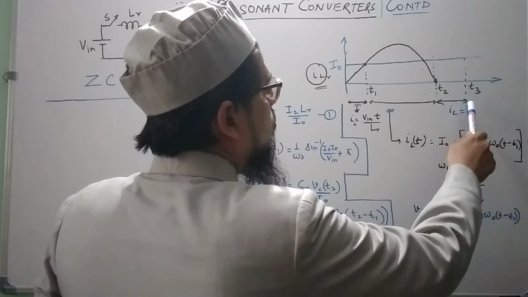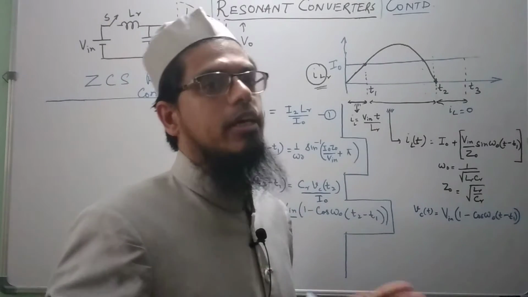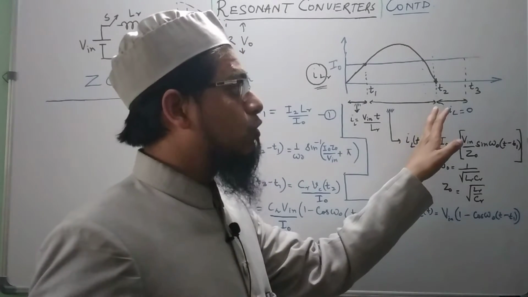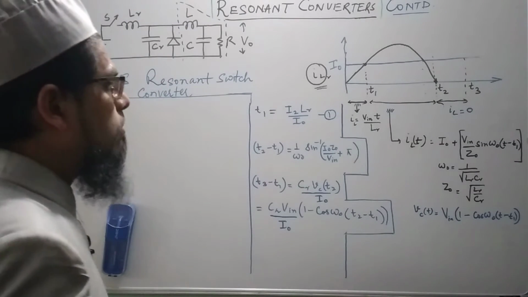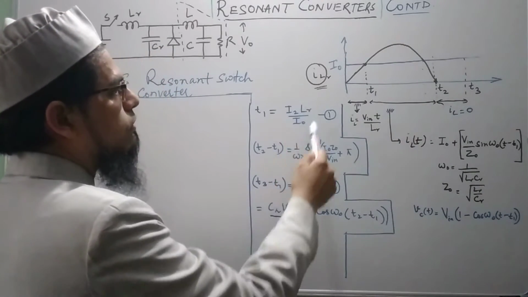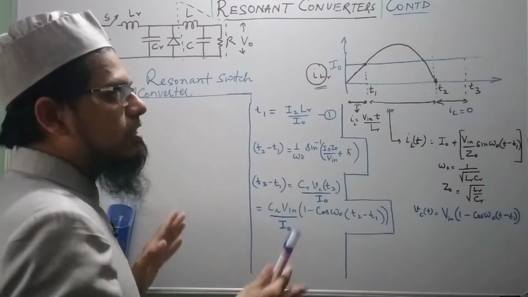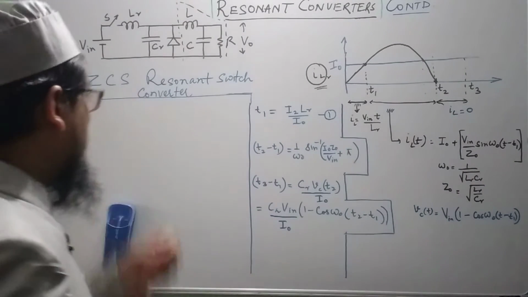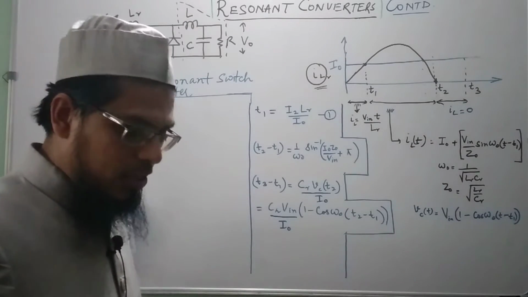And in the mode from T2 to T3, which is the third mode, there is no flow of current through the inductor, although there are changes in the capacitor voltage, but during this mode there is no current flowing through the inductor. We have also obtained these times T1, T2 and T3 in terms of the circuit parameters, which I have written here. So these things we discussed in the previous lecture. Now let's start with today's lecture and we will try to find out a relation of the output voltage. Okay, so let's start.